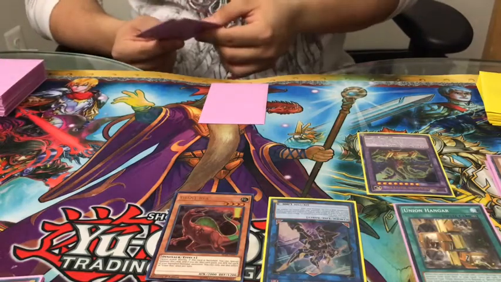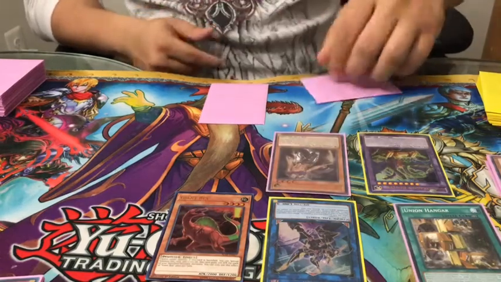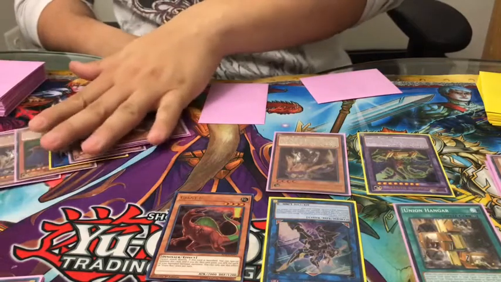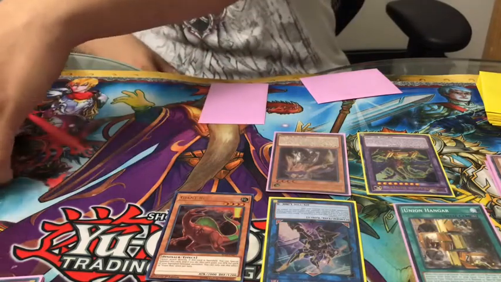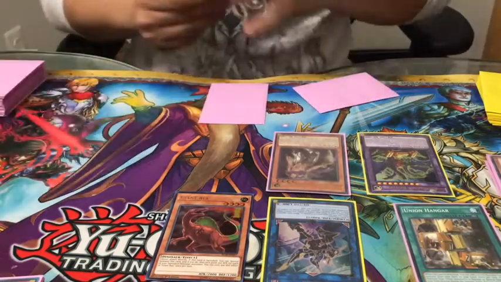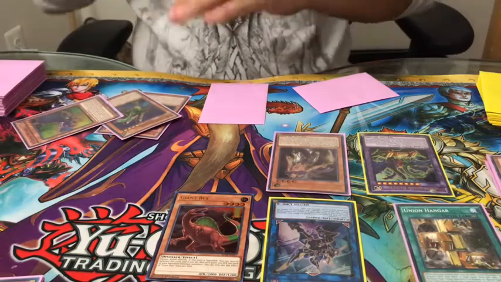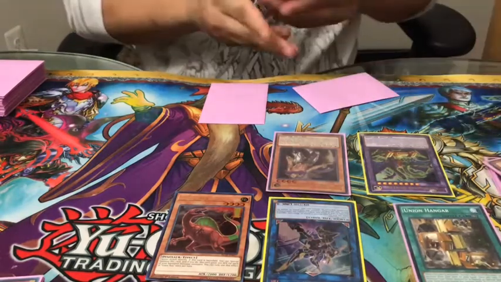Draw phase. Raiden. Normal Raiden. Raiden's effect, mill 2. Solar Recharge. Celestia. Only one Lightsworn is Raiden and Celestia. And just because I can, B, C, contact,